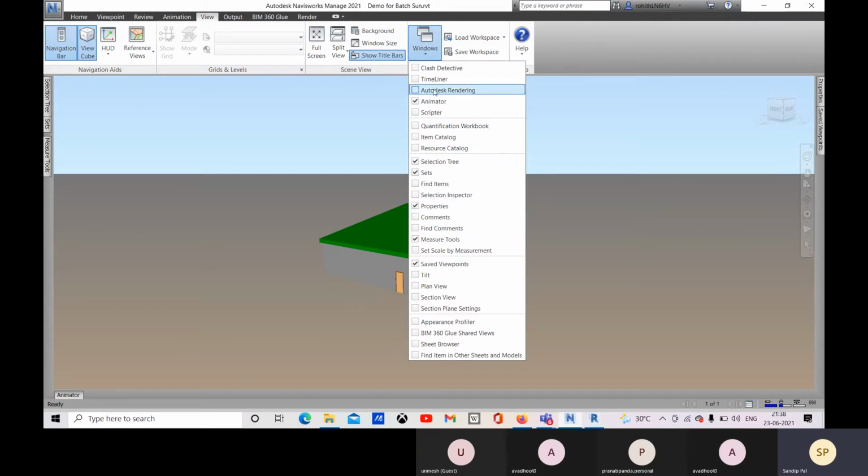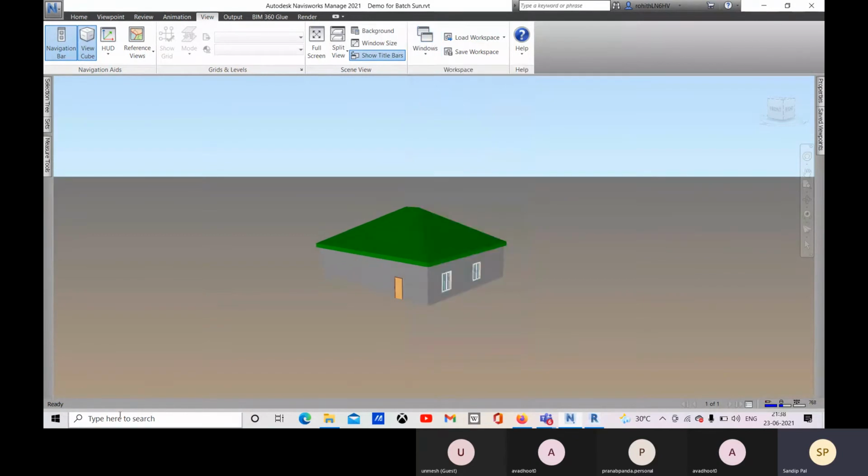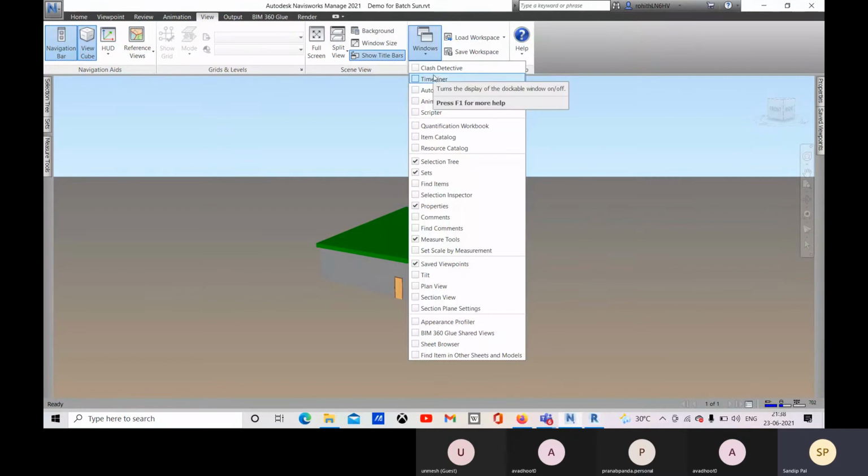And here you see that from here also you can choose what windows will be opened. Now you can see that this animator is checked. So this animator can be unchecked from here and it will not be there. Okay, so similarly you can add more windows like class detective.